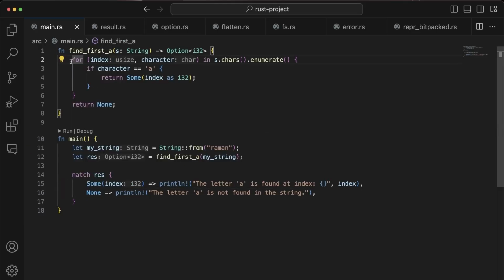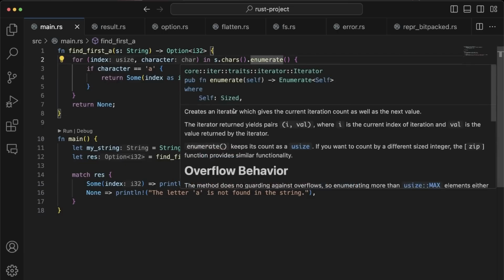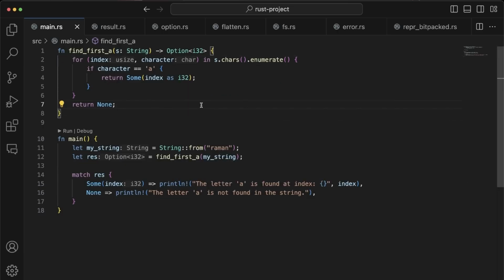And what does the function do? It iterates over all of the characters. This is a slightly more difficult syntax, which we should probably avoid until we reach vectors. Oh, you need the index. Never mind. This is the only syntax we'll have to work with for now, I guess. So feel free to use the enumerate function here as a black box, but eventually we'll understand what this does. We iterate over the incoming string, and if we ever find a character that is a, we return sum of